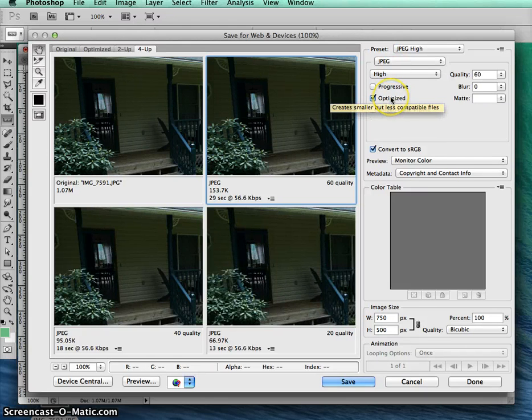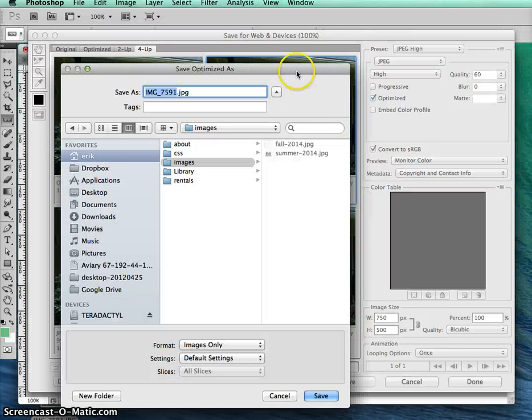Leave Optimize checked. Convert to sRGB checked. It's showing your image size here. Everything looks good. Hit Save. It's going to ask you where you want to place this. I'm going to go ahead and place it right here in this section. I'm going to rename it, let's see, Random House